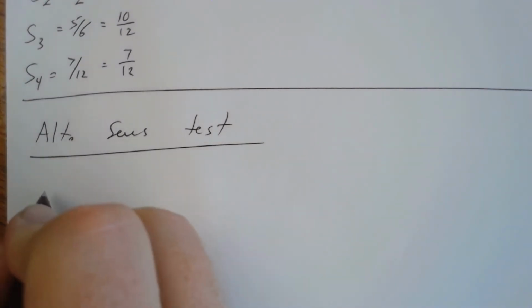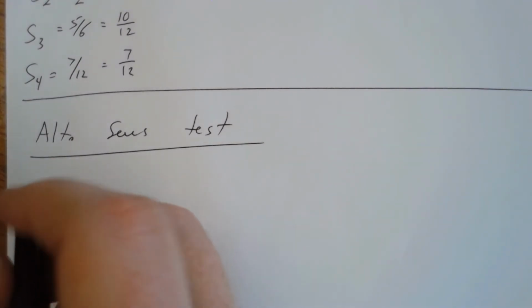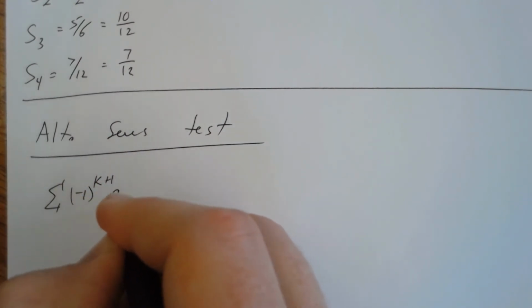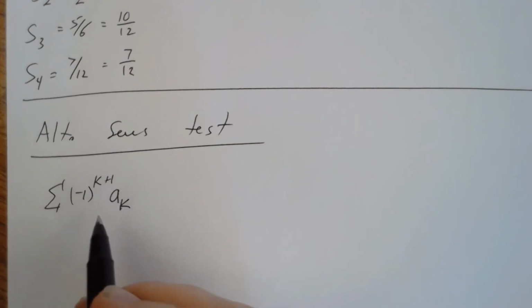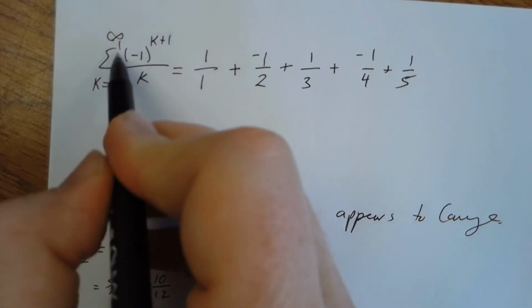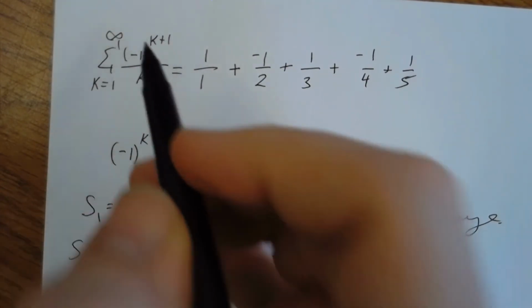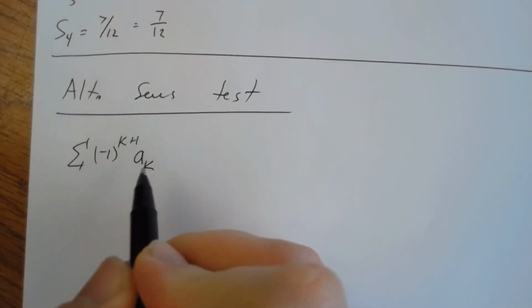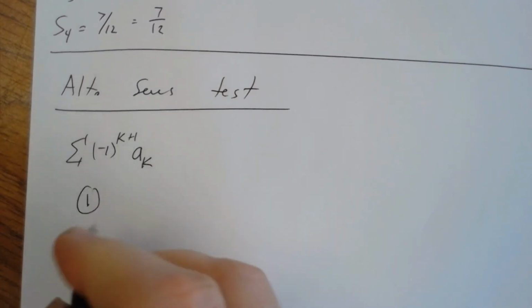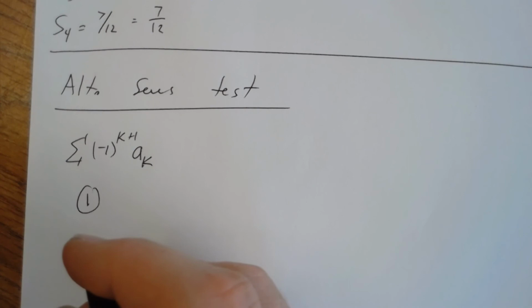There are two specific details that have to occur. So if I've got a series that has a negative 1 to the power of some form of k or k plus 1 multiplied by some other portion of the series, so a sub k. So again, up here, you would have negative 1 to the power of k plus 1. Down here, the a sub k would simply be just 1 over k, because this negative portion to the power of k is somewhere else entirely. I can shift it aside and put it next to the series that we're actually talking about in terms of the non-alternating portion. Now, the two details that we have to check before we can conclude convergency is,